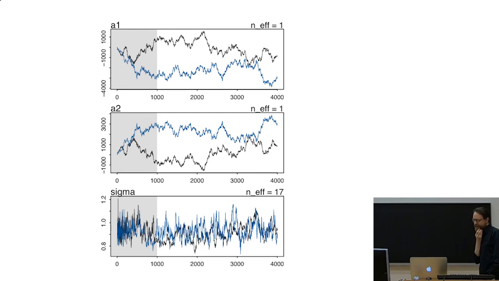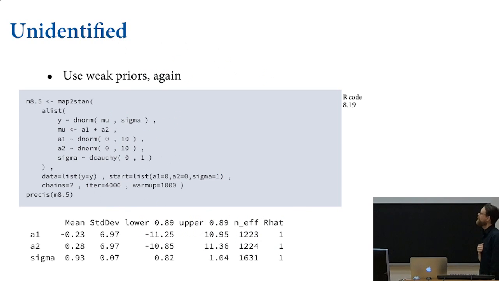Okay, let's look at these chains. So this is a very high-res slide, and my computer is struggling to show it. There it goes. All right, so those are the chains for alpha 1 and alpha 2. I ran 2 chains in this model. You can see there's a black chain and a blue chain. You can see that they're exploring completely different parts of the space, but you'll notice that A1 and A2 are reflections of one another in any particular chain. Can you see that? It's a consequence of the sum being identified, but the independent values not being identified. Sigma's doing a little better, but that's not a great chain either. n_eff is 17,